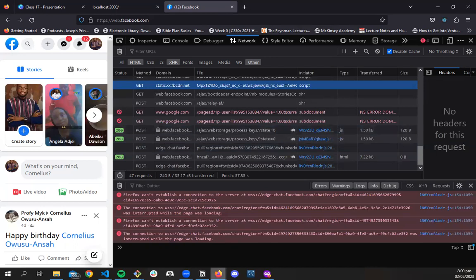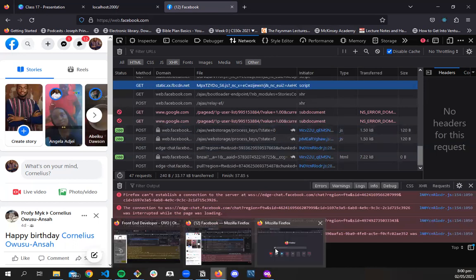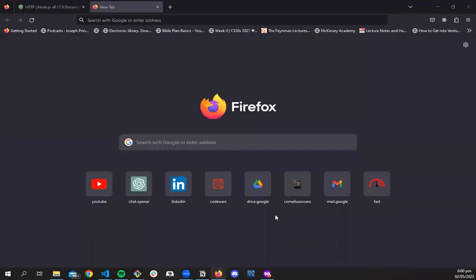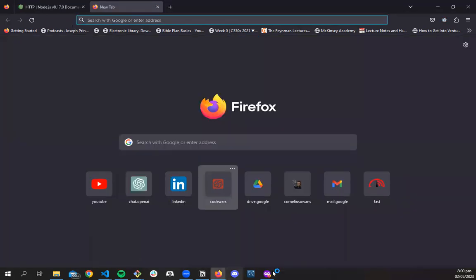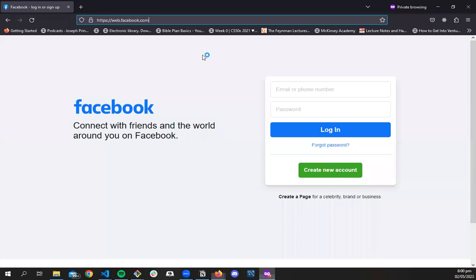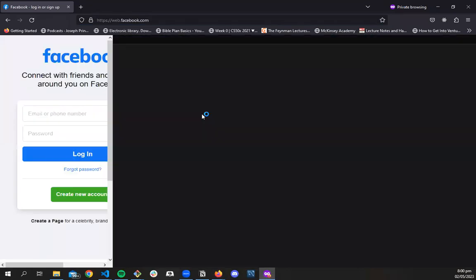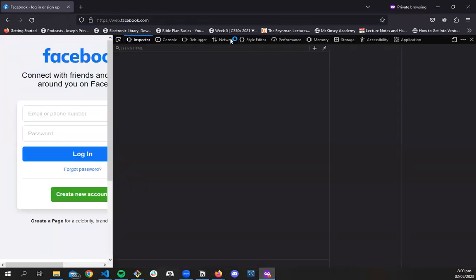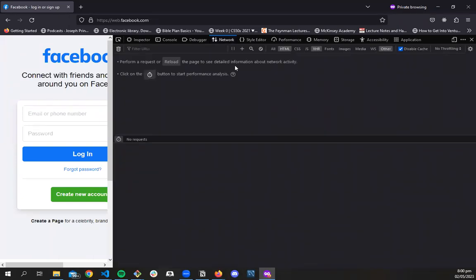Now, if I go into the same Facebook that I opened in my incognito, and we check the network request, we'll see that the kind of request that we are getting is slightly different from all the ones we got when we were